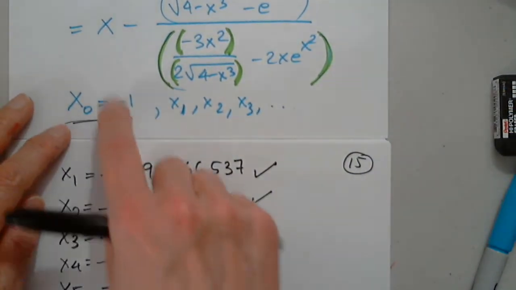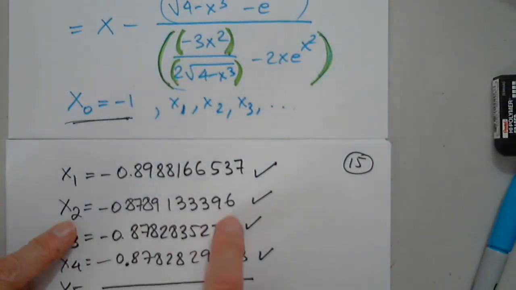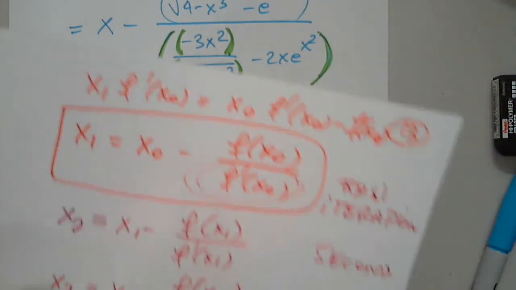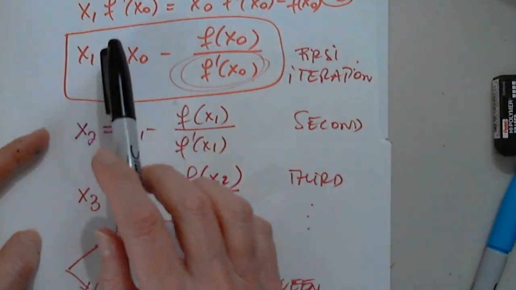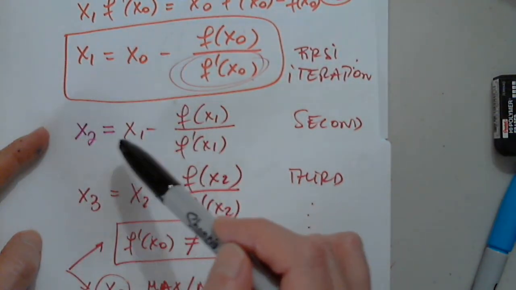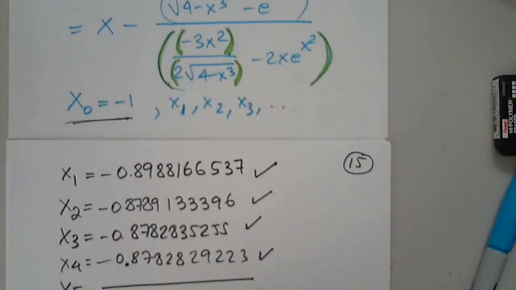And plug in -1, I get x1, x sub 1. Plug in x sub 1, I get x sub 2. Plug in x sub 2, exactly what we did. And you told me to write this. So in the function, I plug in x0 to get x1. Then I plug in x1 to get x2. Then I plug in x2 to get x3. It looks long because I need to explain, but it's once